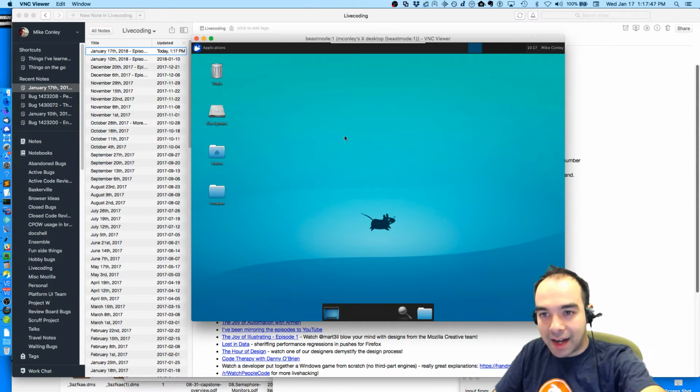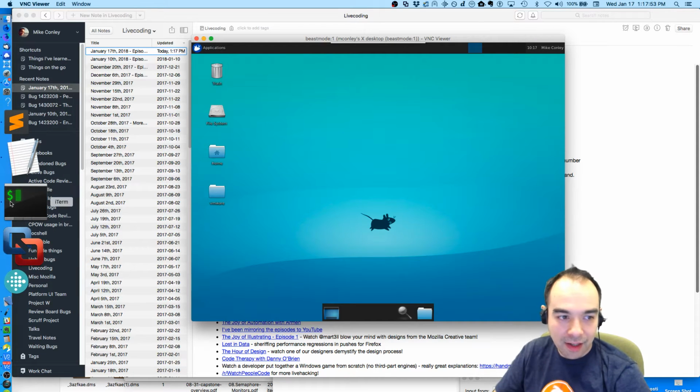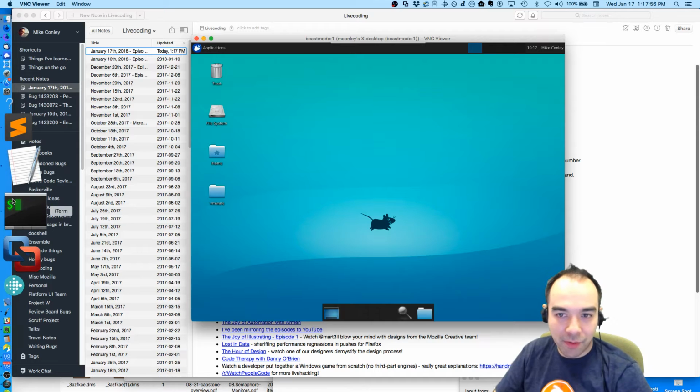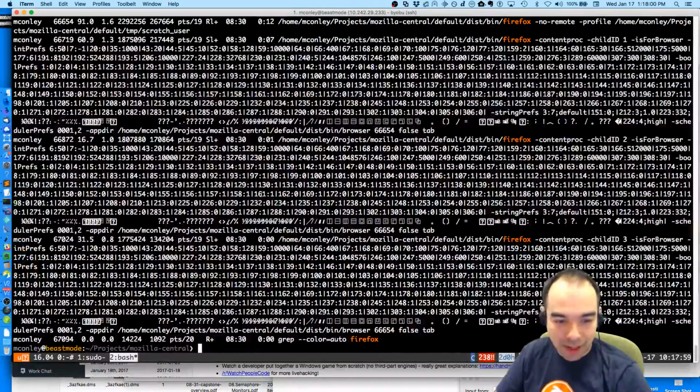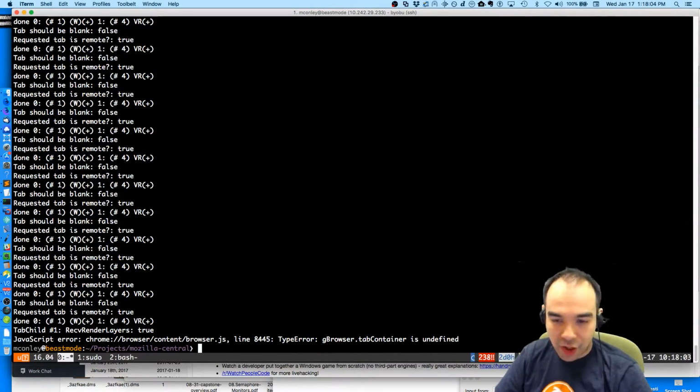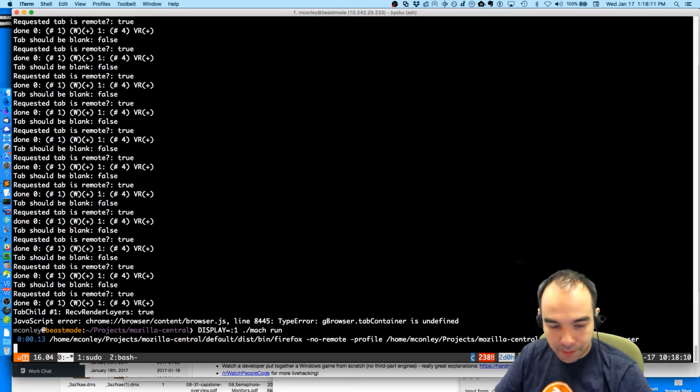This is an Ubuntu machine, but I'm using the XFCE desktop whenever I VNC server in. That's way better than what I was using before, which was just X server. And that was a pain to do things like change focus between windows and stuff. So I'm going to start by reproducing the issue for you.